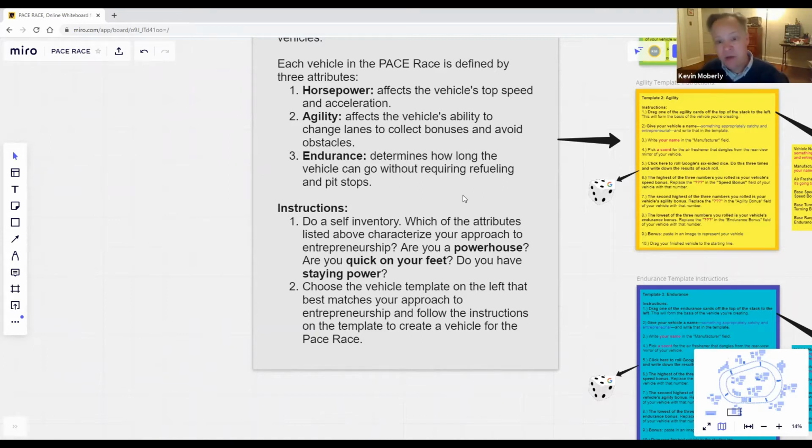Can you shift and pivot? Or do you have staying power, the third thing? So do a self-inventory and say which of these things you think fits you the best. And of course, most of us are one or two or three of these things, but I want you to pick one. And then what I want you to do is choose the vehicle template